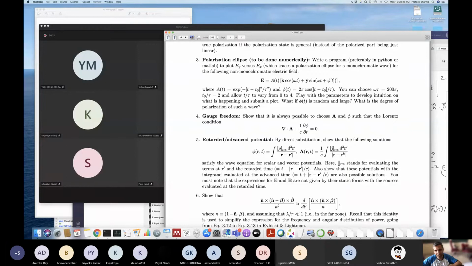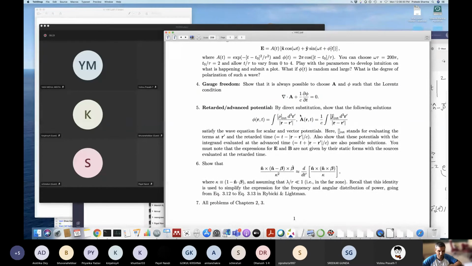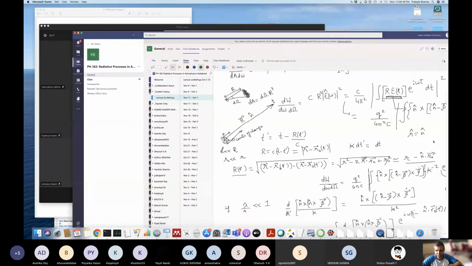I mean, the key idea is to have patience and to have one of the books that does it in detail, for example, Griffiths or Jackson or something. Okay, but we are going to use these. The course is really not about these retarded potentials, deriving and showing all these. For example, you want to go from phi and A to E and B, right? I had written down this expression for